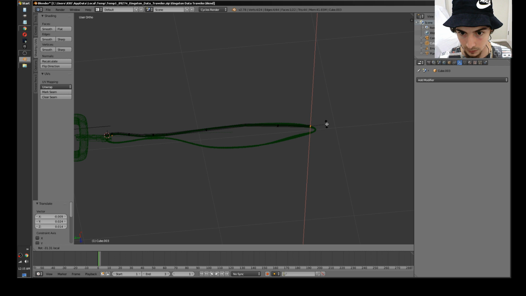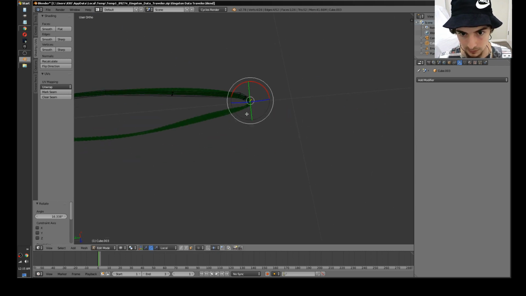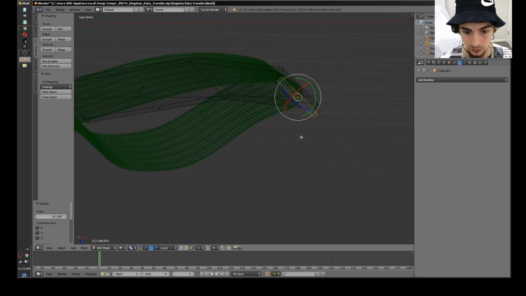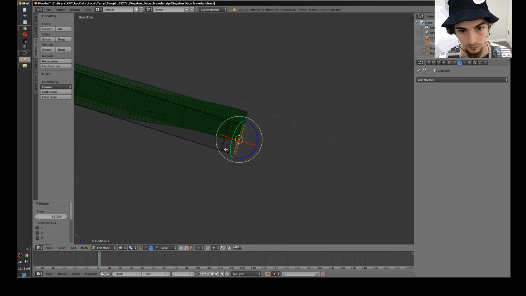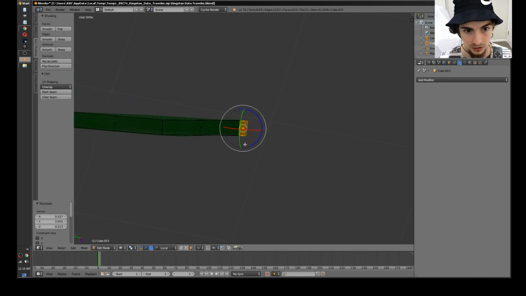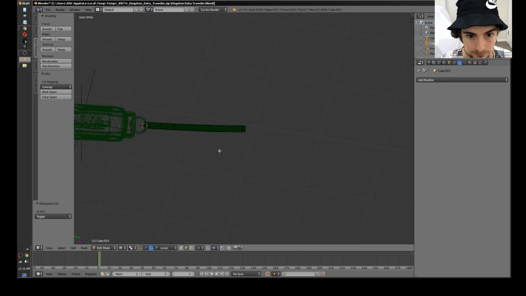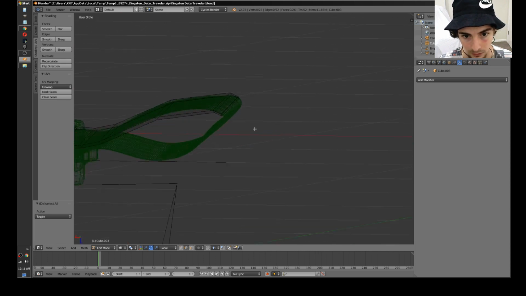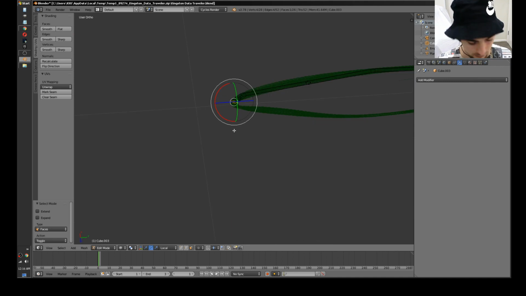Let's rotate that. Extrude. Here's the tricky part where we've got to get this to sort of loop around. I'll just select the edge loop of these faces and press G to grab. Let's go into edge mode and get this back aligned so it doesn't look too wonky. Go back into face mode, extrude,